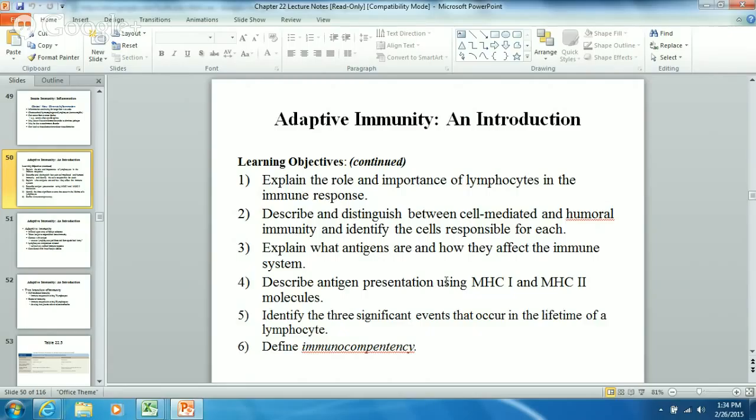An MHC2 protein is found on an antigen presenting cell that happens to be a phagocytic cell, an immune system cell, like a macrophage. They'll present an MHC2 protein, and they have different reasons for presenting these,